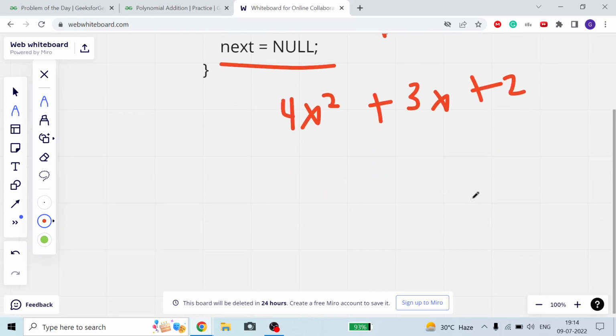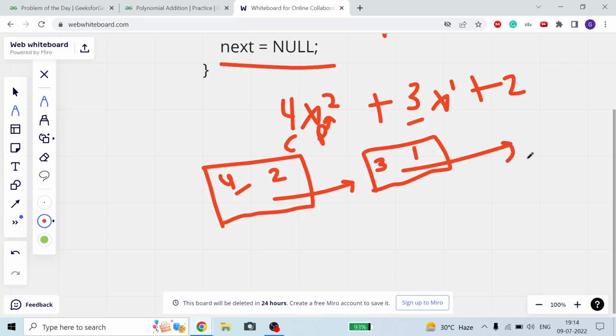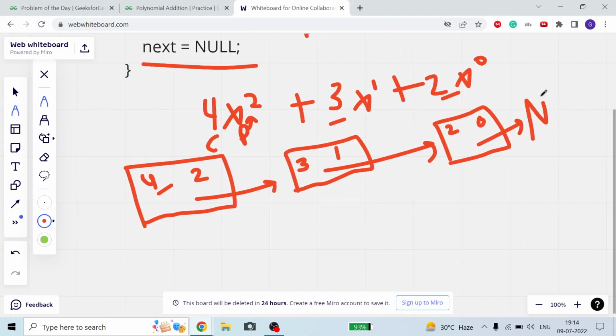Suppose a polynomial is like this, then our linked list will be: coefficient 4, power 2, next node, coefficient 3, power 1, next node, coefficient 2, which we can write as x raised to the power 0, so power 0, next node is nothing, polynomial complete or end, so it is null. This is the way by which our polynomial is represented by a linked list.